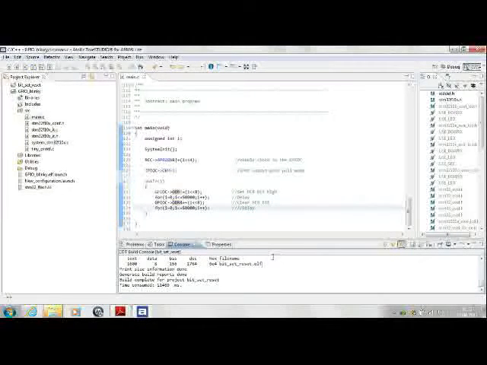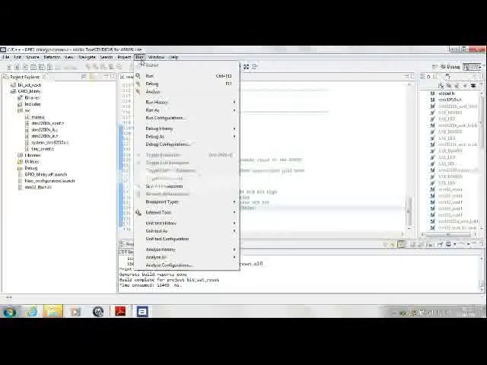If you are doing it for the first time, you will be prompted to download the ST-Link driver. Please do that, it's freely available on the net, and once it is done, your ST-Link will be recognized by Atollic Studio.